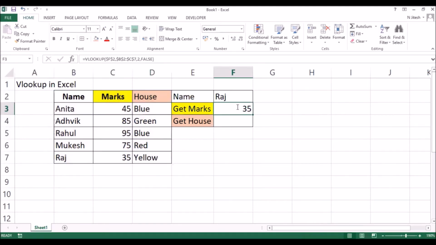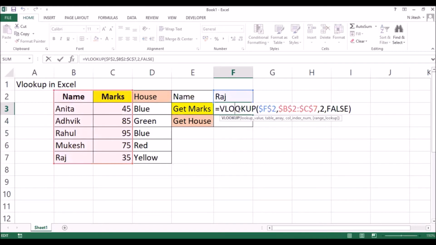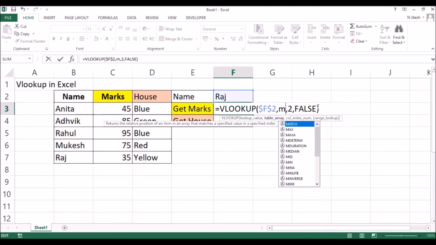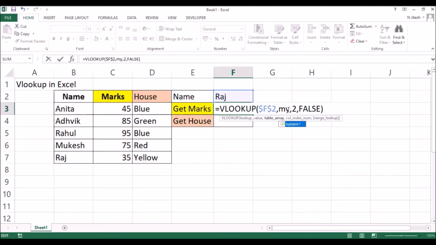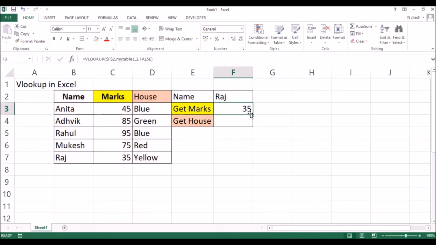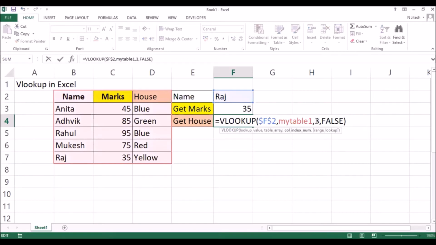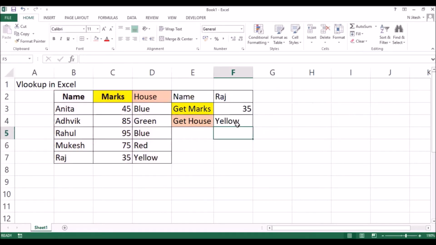What you can do now is edit the same formula again. This one is fine, this has to be absolute. Here I don't need to use the absolute one. I can try to write your table name, and you can see my table 1 has already come up. Now if you click enter, you can see it's coming fine. You just need to drag it, and if you change this column number to 3, you can see this value is coming up.